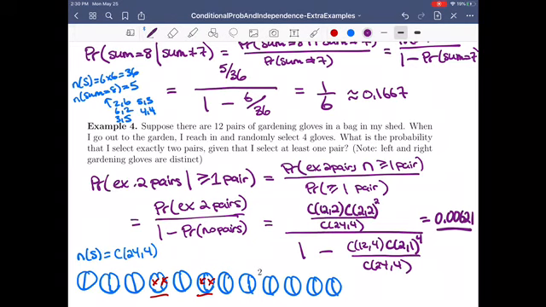So on the bottom, I'm going to have 0.25466 approximately, which when I divide these two, when I divide these, I'm going to get 0.0